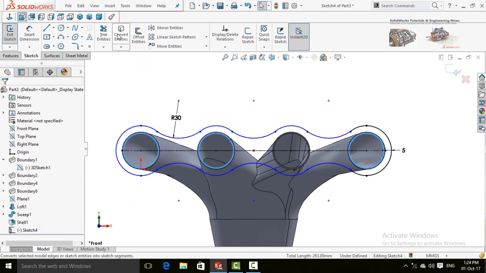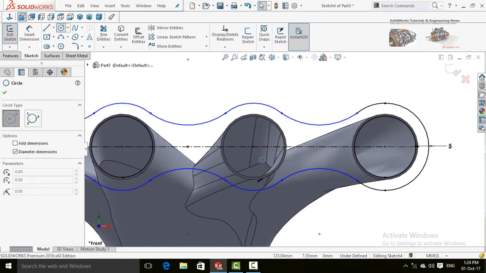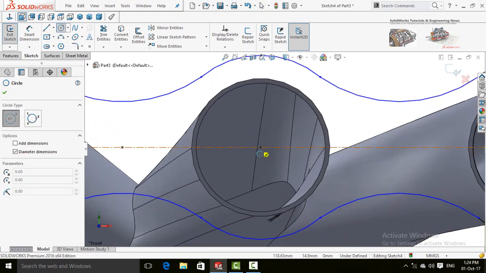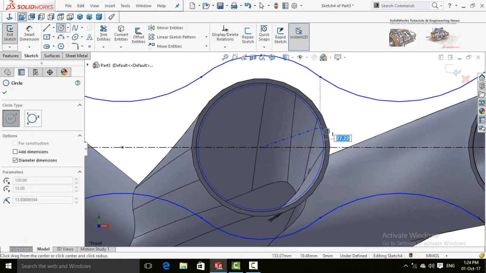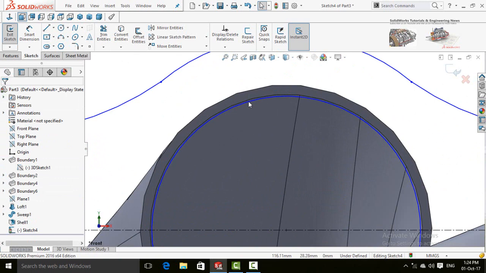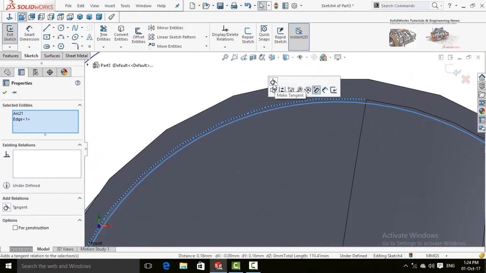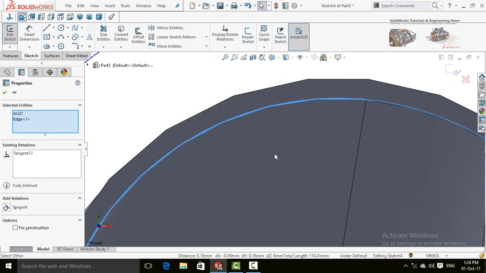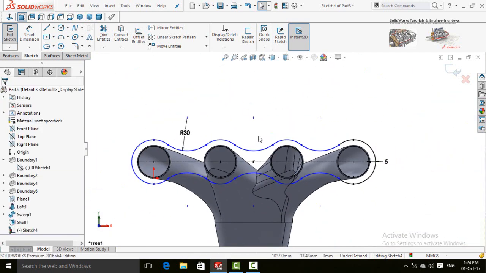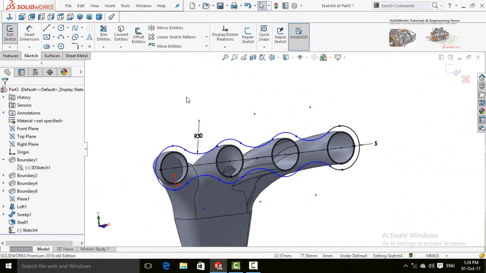Press convert entities button. Now manually draw the circle here. Zoom in, select this circle and this arc and make them tangent. Now this sketch is ready.